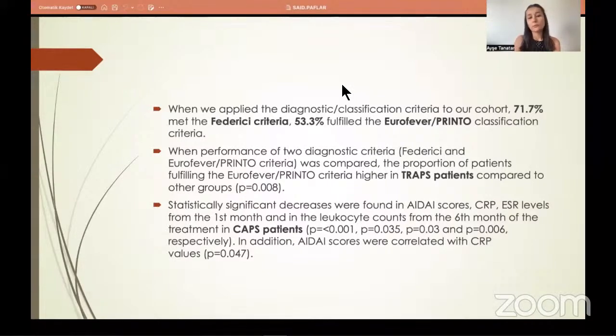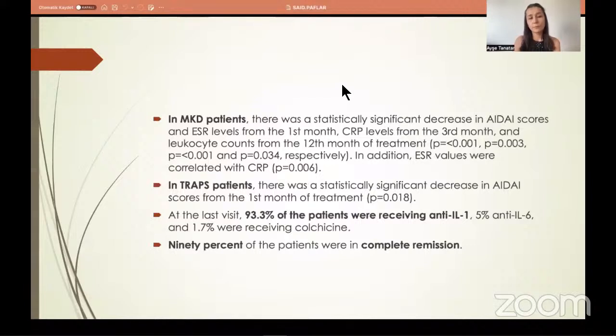From the first month in CAPS patients, in MKD patients, there was a significant decrease in IDI score and ACR levels from the first month. In TRAPS patients, there was a significant decrease in IDI scores from the first month of treatment. At the last visit,